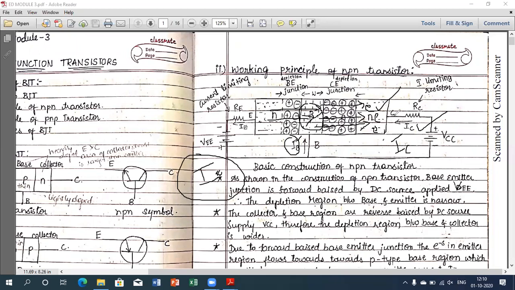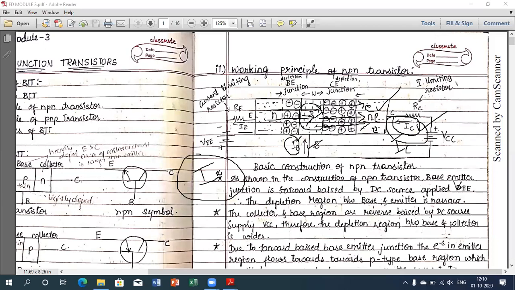That's why the direction of the collector current is opposite, because as we know, the conventional current flow is opposite to the direction of electrons, because electrons move from emitter to the collector. This current is constituted due to the movement of electrons, which are majority charge carriers. Thereby, the direction of emitter current is also shown like this, because it is opposite to the movement of electrons. And this is the direction of base current, which is IB.